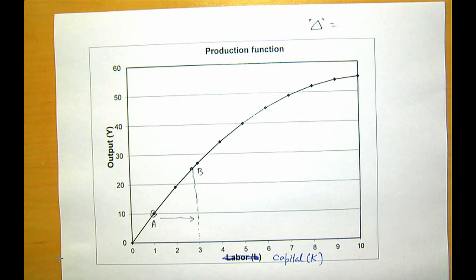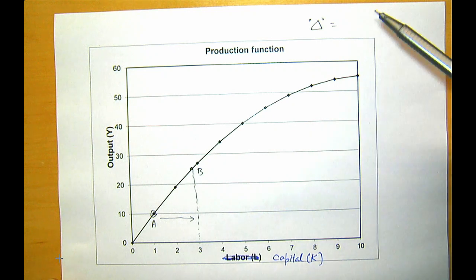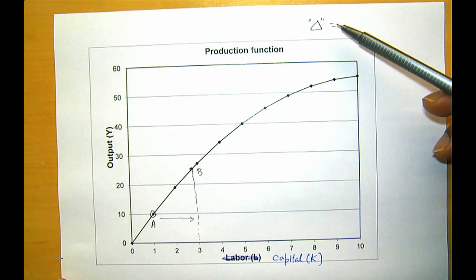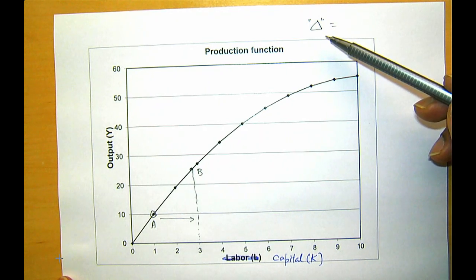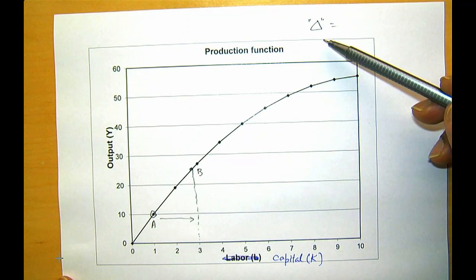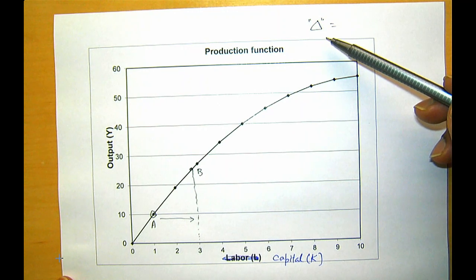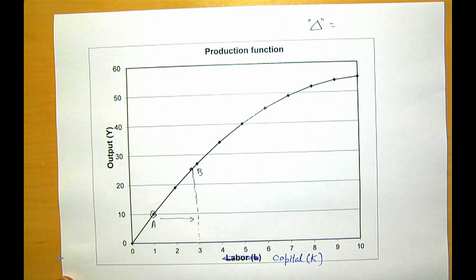All right, so let me just draw your attention to this symbol. It's a triangle, right? It's a Greek capital letter called delta, okay? In mathematics, this refers to change, increase or decrease. Whether it's an increase or decrease, I'll show you by plus or minus. It will always be an increase in this class.